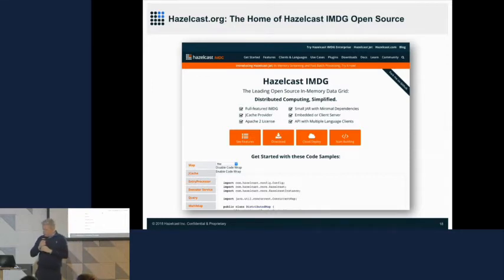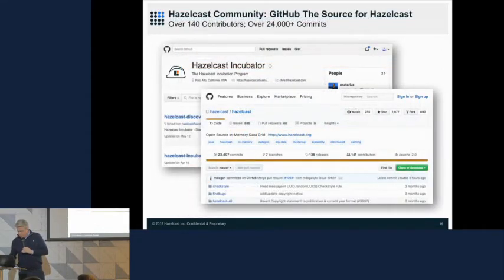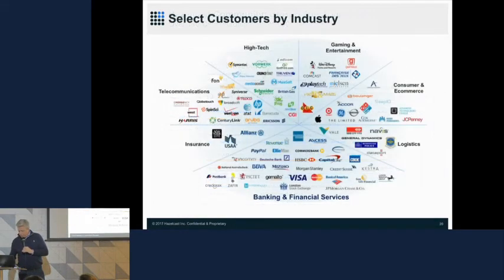So go to hazelcast.org. We can skip over that. We can just very, very quickly look at this, but this is just trying to make the point that now,